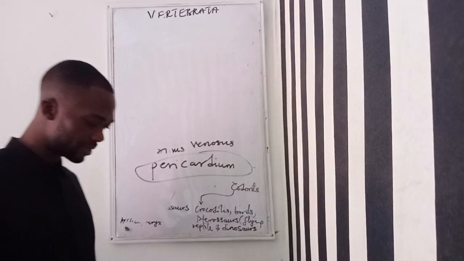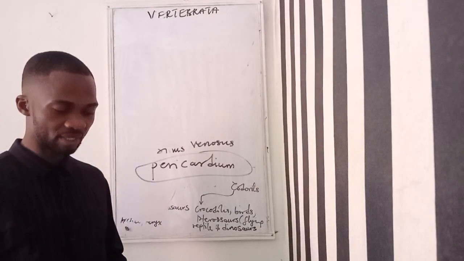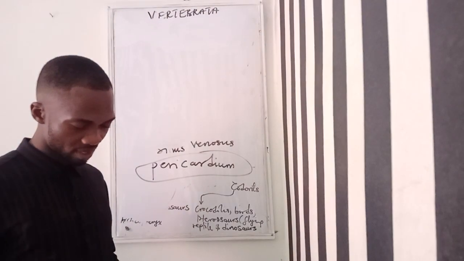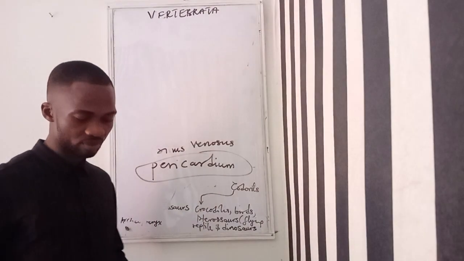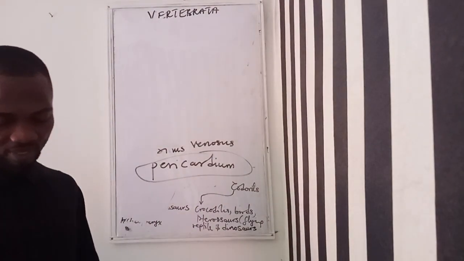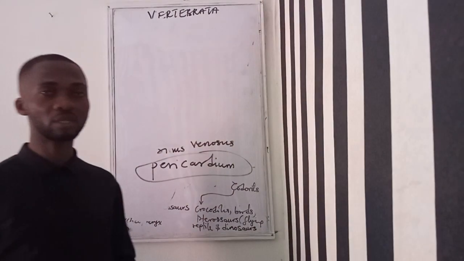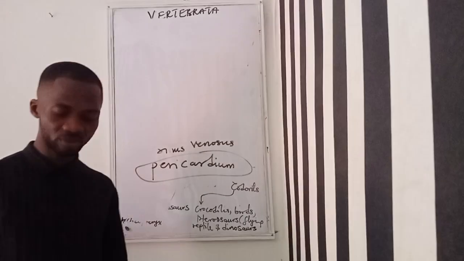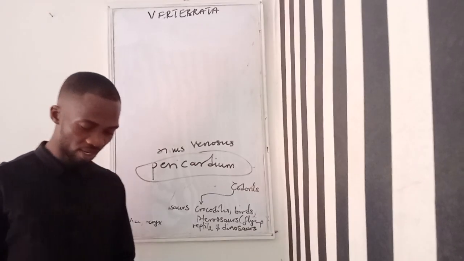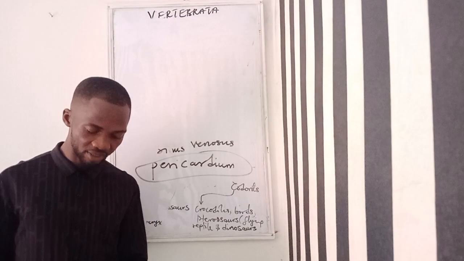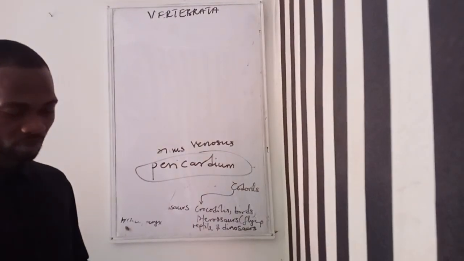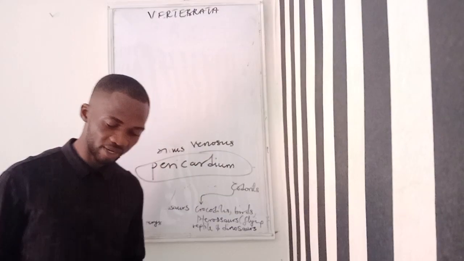So characteristics of reptiles: the skin of reptiles is hard and dry. We have mentioned that. Many reptiles have colored skin, like a lizard. Then they use lungs for respiration, and their lungs are better structured than those of the amphibians. They have a kidney that is metanephros. Uric acid is the chief nitrogenous waste product.